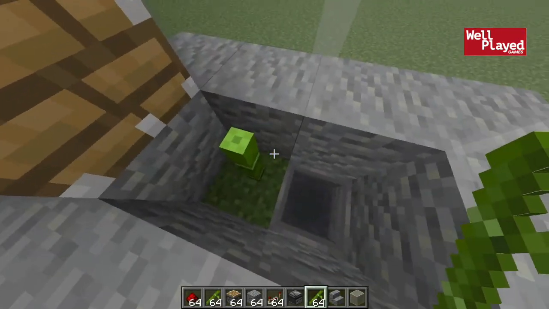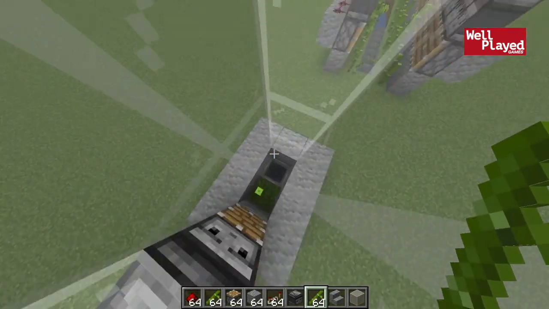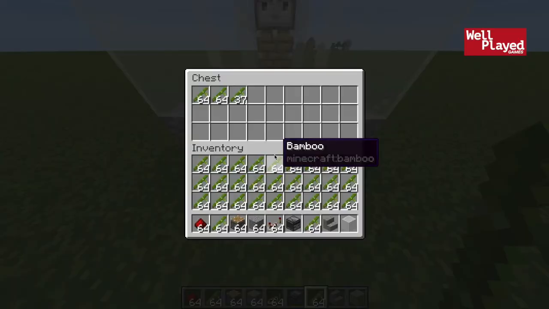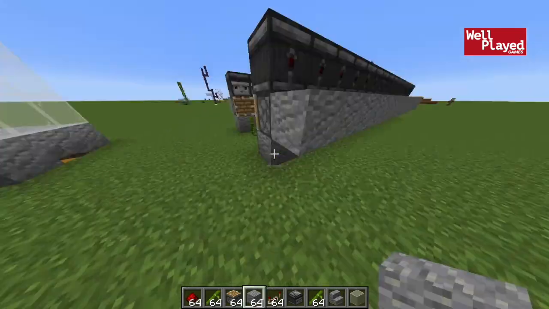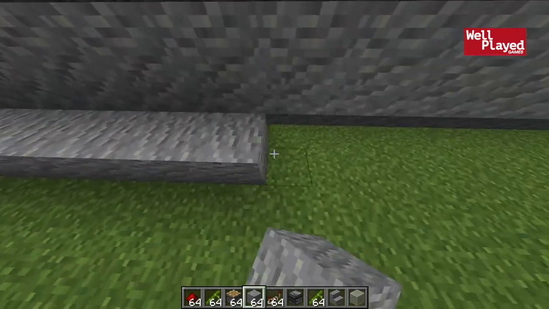underneath, pretty standard. And then I've just gone ahead and placed one hopper, and in this case, it's heading straight into a chest right here, using the new andesite slab, or stair as well, I should say, which is pretty cool. I did say I was going to mention one cool trick with these, which is actually that if you